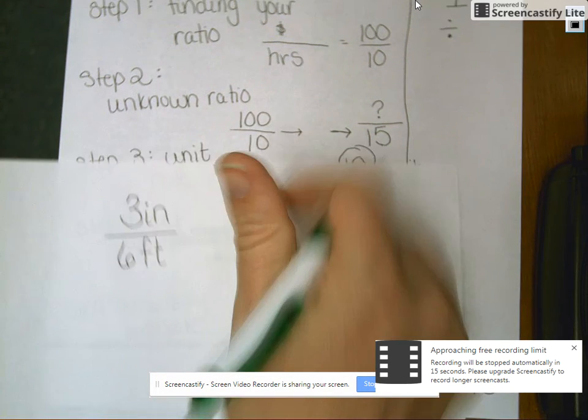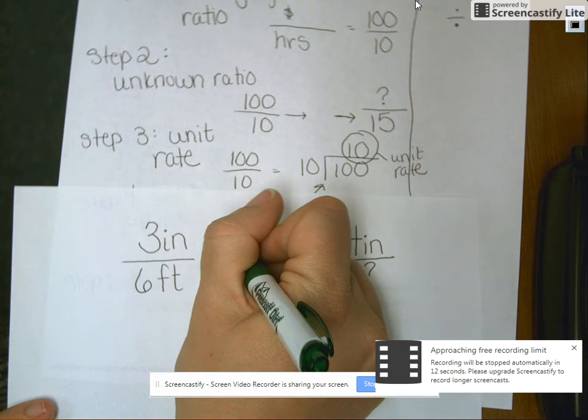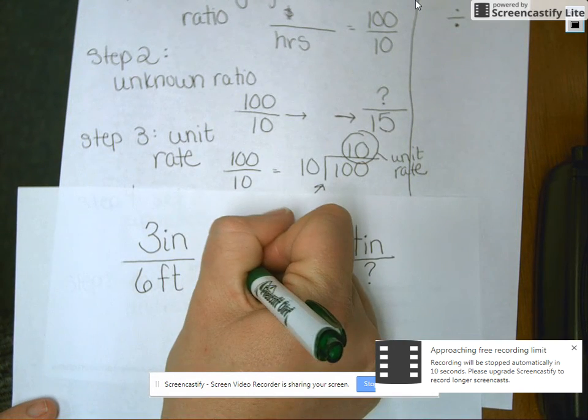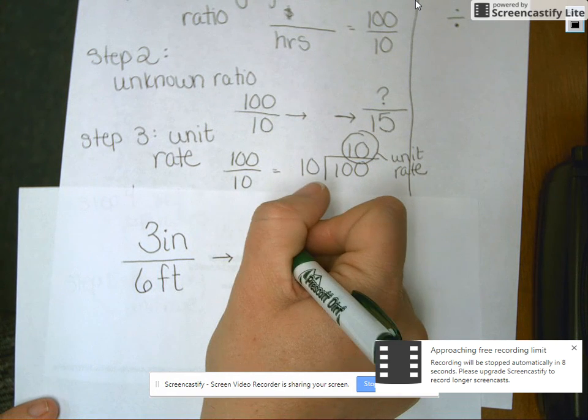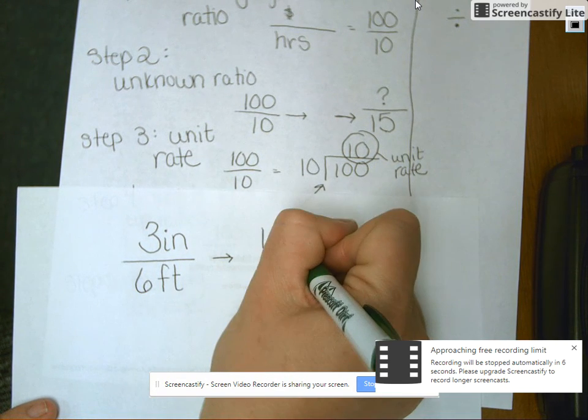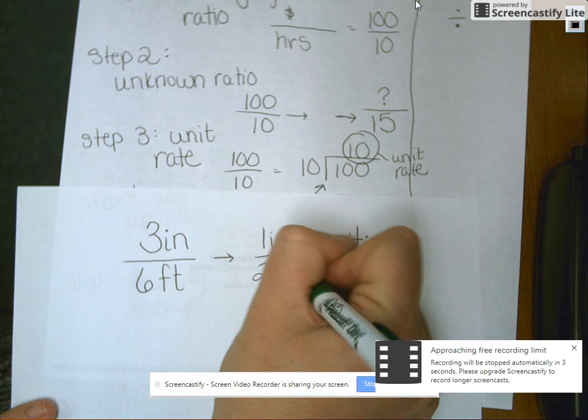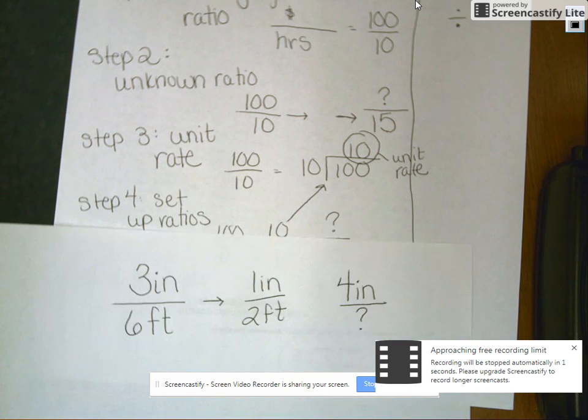Okay, step 3 is find my unit rate. Well, 3 divided by 6 is obviously 2. So 1 inch equals 2 feet. Okay, and now I multiply